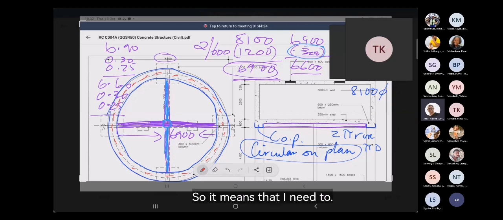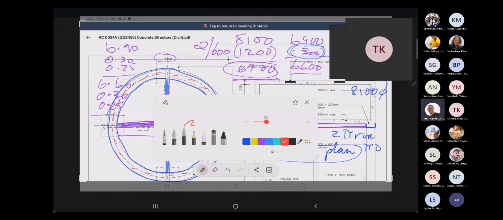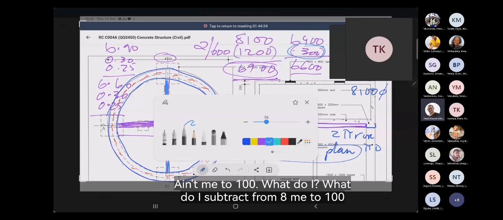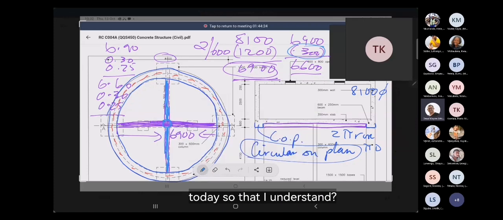So it means that I need to now say that it is 8 meter 100. What do I subtract from 8 meter 100, the diameter? Because I need to be there. What do I use? I can now say 8 100